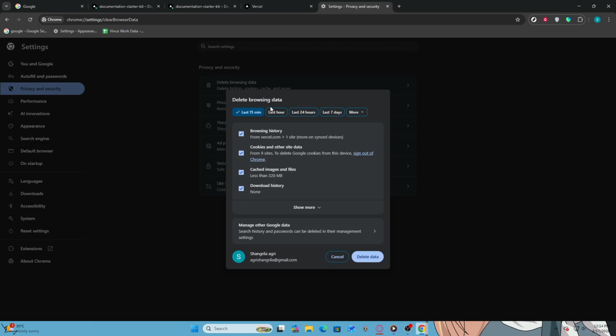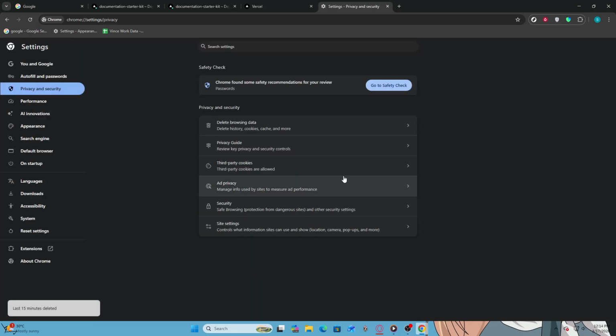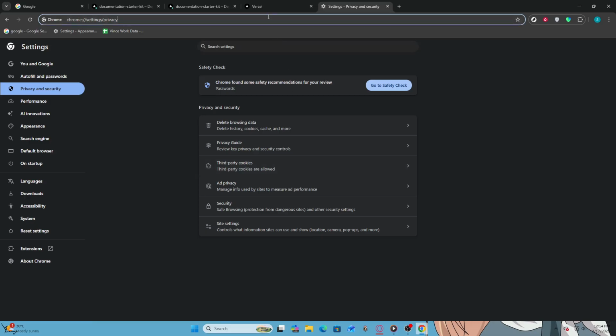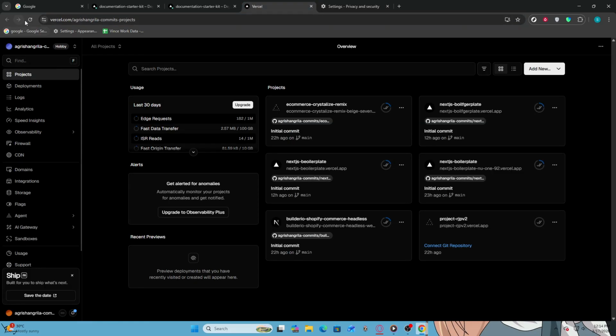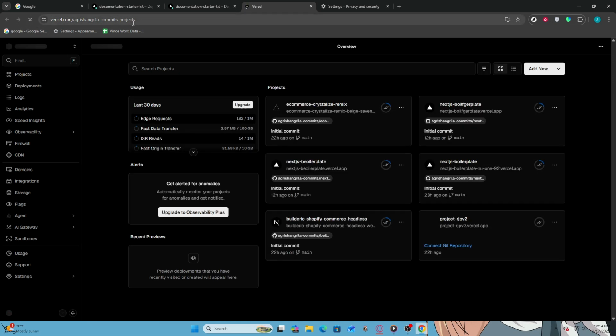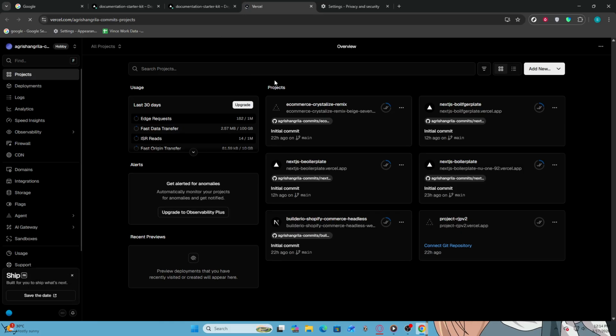After confirming your selections, click on the Clear Data button. This process may take a moment, depending on how much data needs to be cleared. Once the clearing process is complete, you can now return to your browser's main screen, type vercel.com in the address bar and press enter. This action will take you to the Vercel homepage where you can log into your account